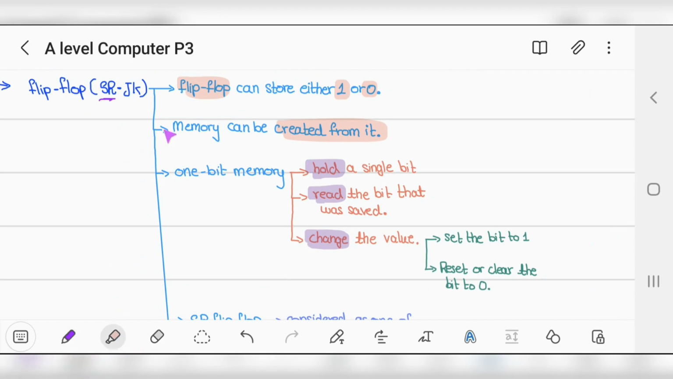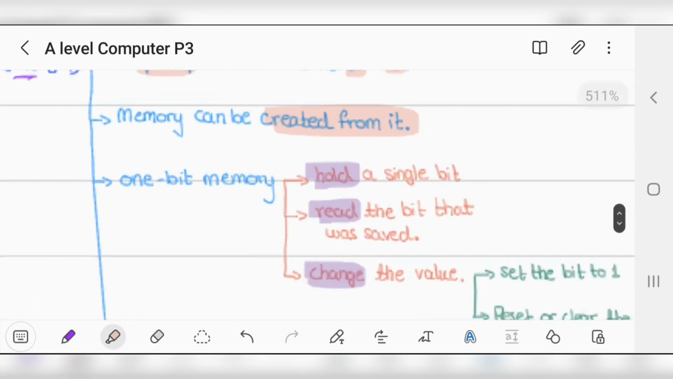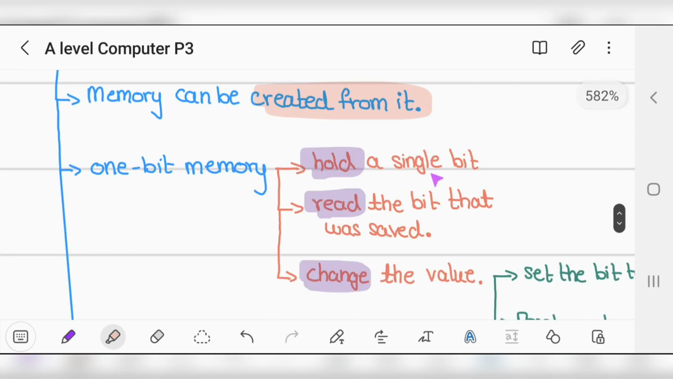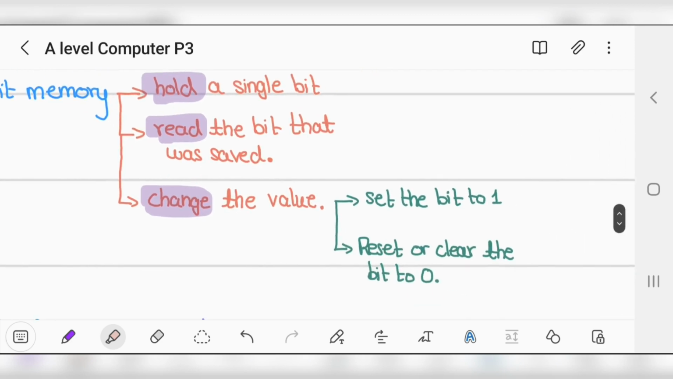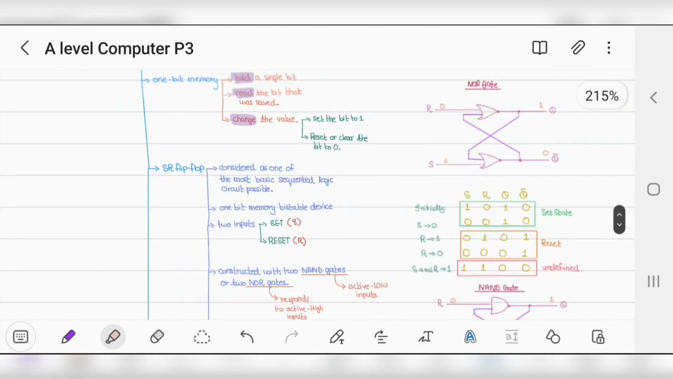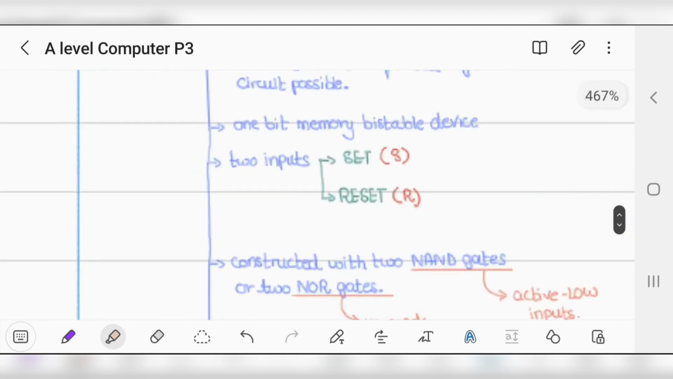Or we are talking about the flip-flop overall for now. So it's a 1-bit memory, it holds a single bit, it reads a bit that was saved, and it can also change the value as well, set the bit to 1 or reset or clear the bit to 0. So there are two types of flip-flop. The first one is SR flip-flop,